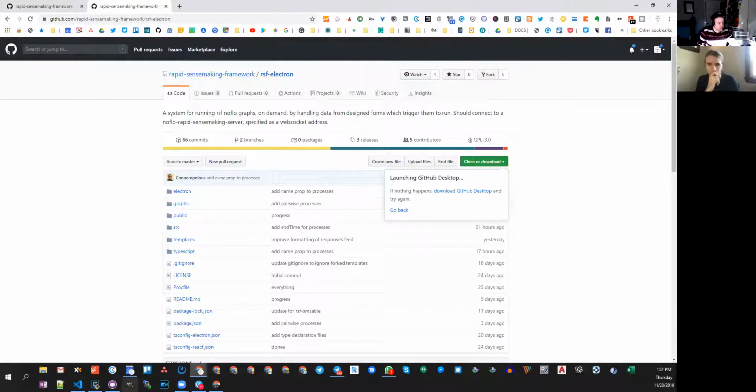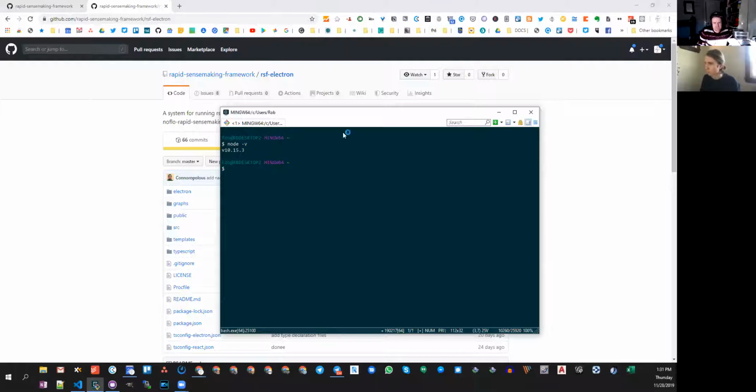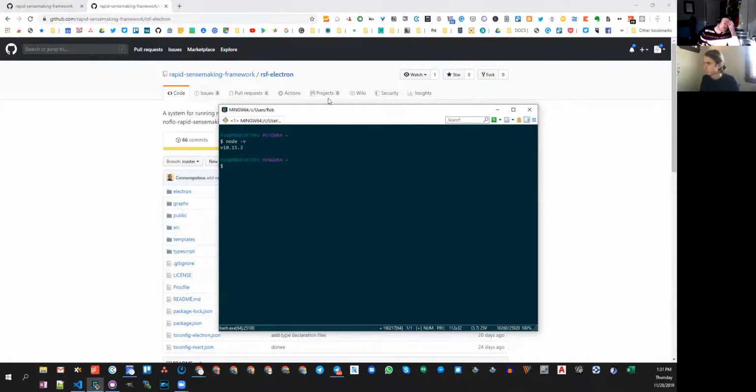I'm just going to close some others. I restarted my computer so that it was ready to go. Got a million things open. So is it npm something?